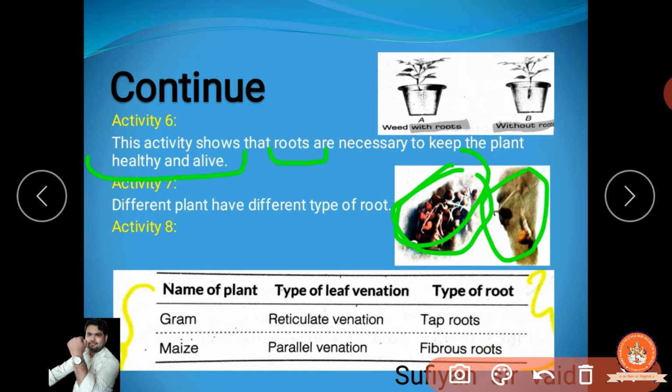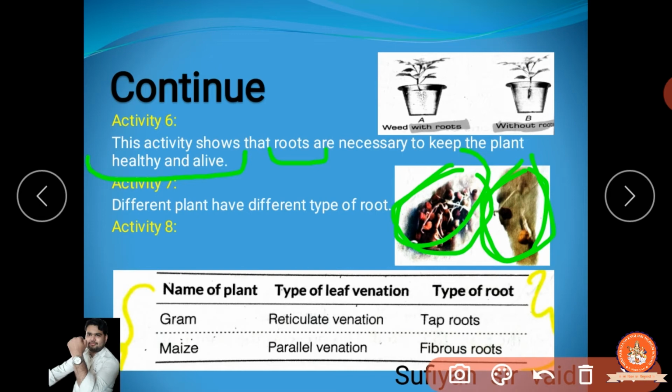Now this is the maize. When we observe the maize, we get fibrous root. Fibrous root means that from one portion we get many roots. There will be no main headquarters from which roots come out. In business, if we have a headquarters, we make different branches. Otherwise, if you don't have a headquarters and open different branches, everyone will consider themselves the headquarters.